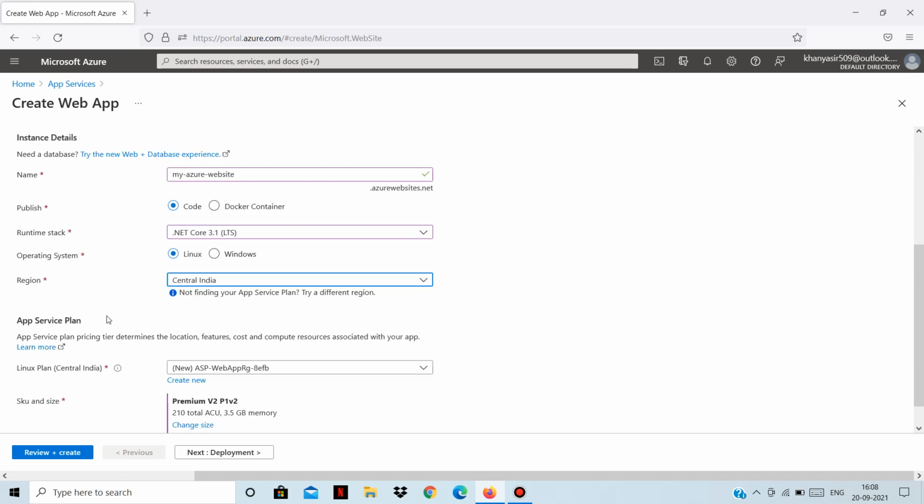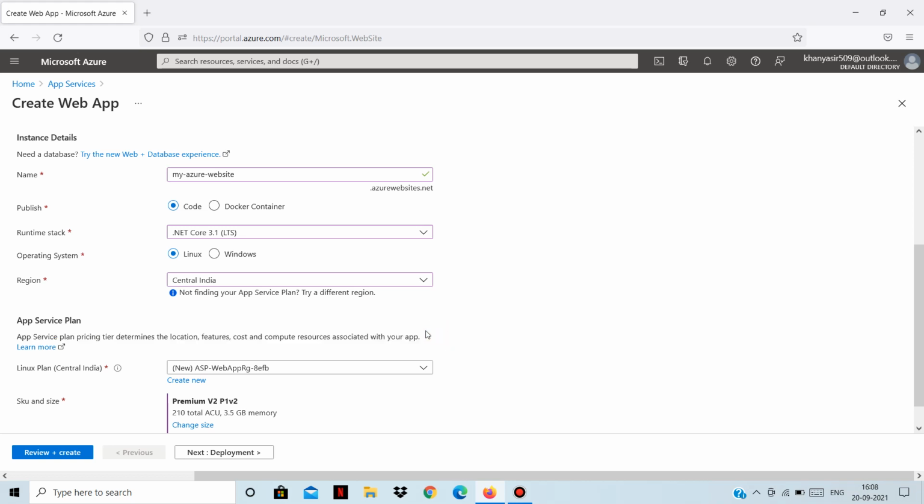Now next comes the app service plan. This is a very important setting which you need to have in place while deploying or creating your web application. So let's see what app service plan means. It says app service plan pricing tier determines the location, features, cost and compute resources associated with your app.